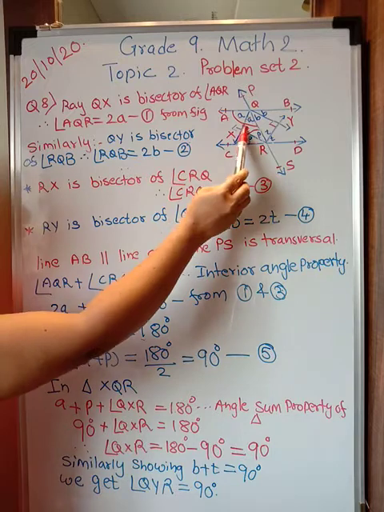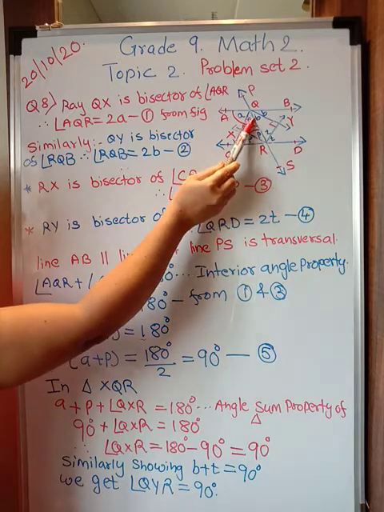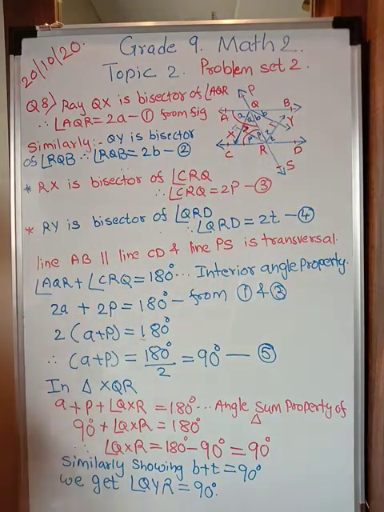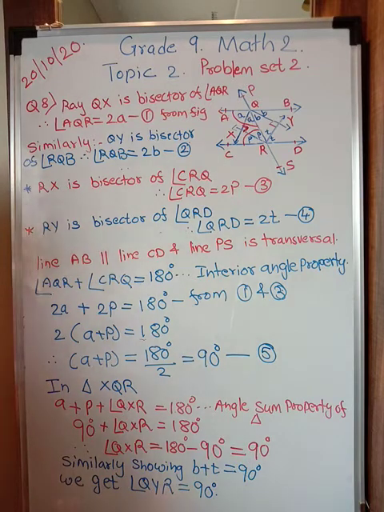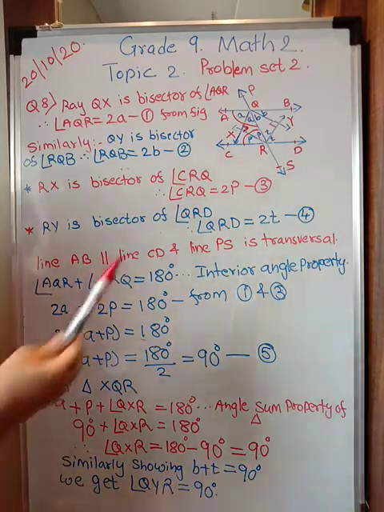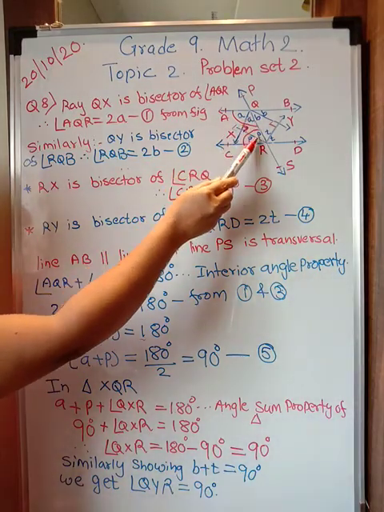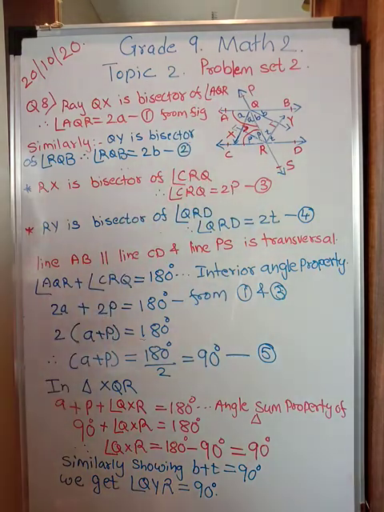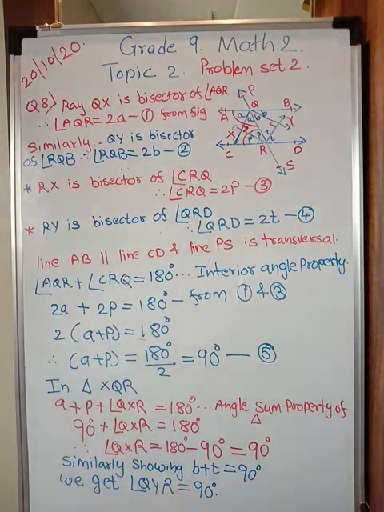Alright, up till now two we have proved. Now let us prove that these two are also 90 degrees. Once you get all the angles as 90 degrees, automatically a quadrilateral becomes a rectangle. Have you understood? So let's go to the remaining part of the proof, where we are going to prove this is also 90 and P plus T is also equal to 90. So let's go for it.